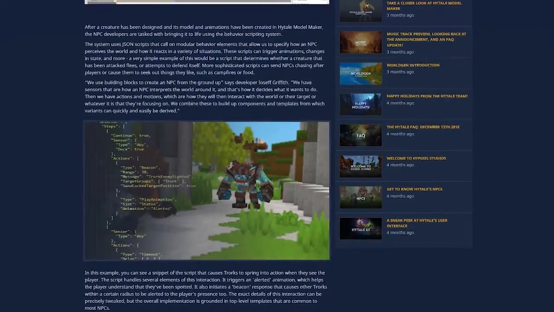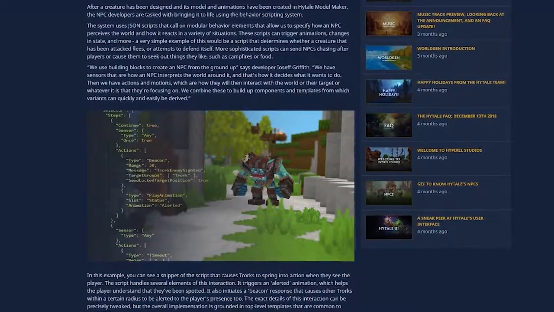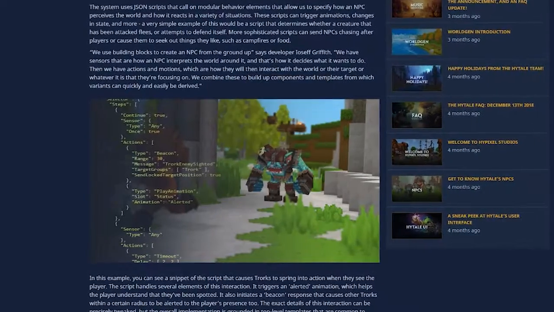So here's that picture I showed you earlier, the picture of the code and the Trork. As you can see guys, basic JSON code, which if you, I'm going to mention the M word here, if you